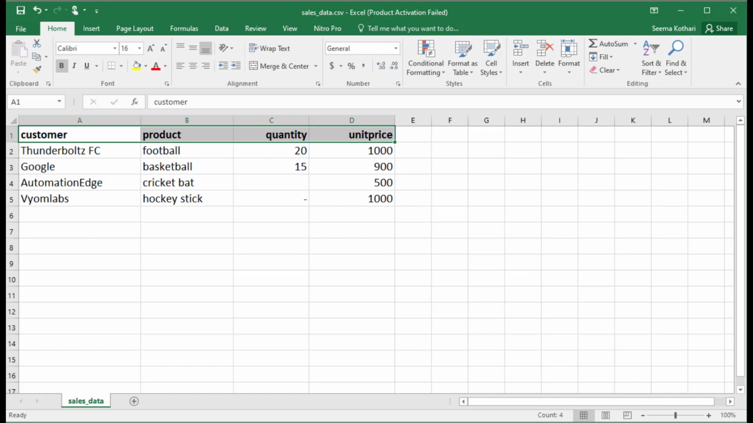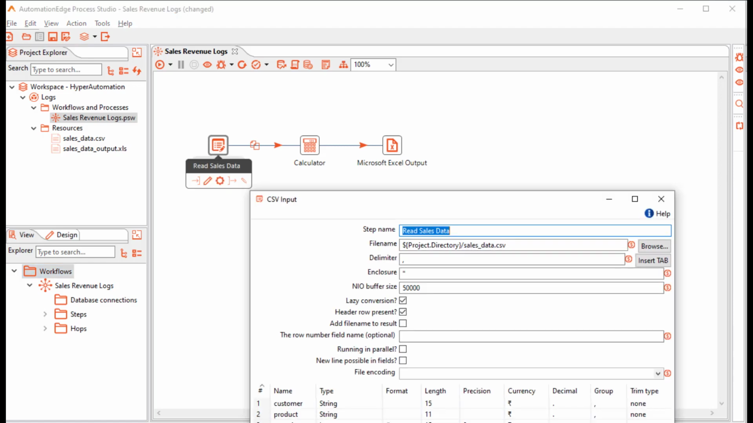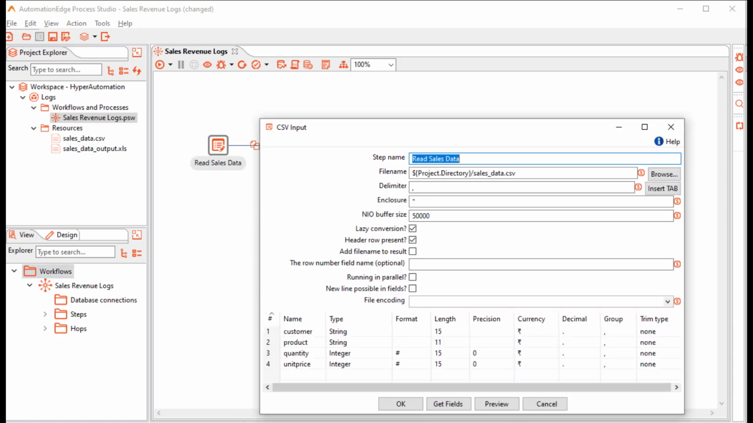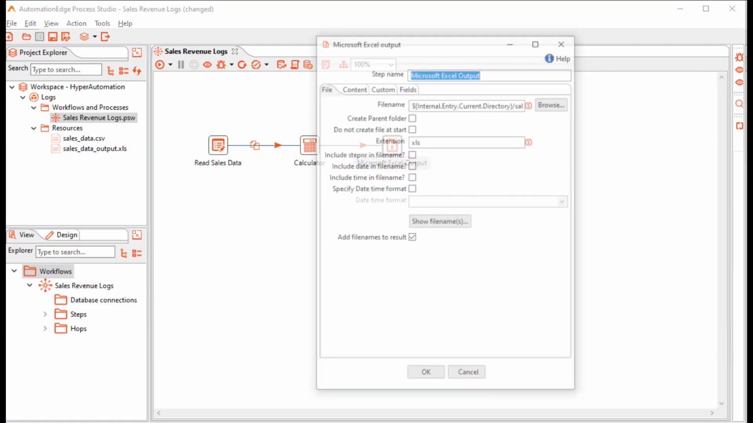Let us go to Process Studio. I am in Process Studio. I have a project and workflow sales revenue logs. The workflow has an input step to read the sales data input file, a calculator step to calculate sales revenue, that is total price as the product of quantity and unit price, and a Microsoft Excel output step to generate